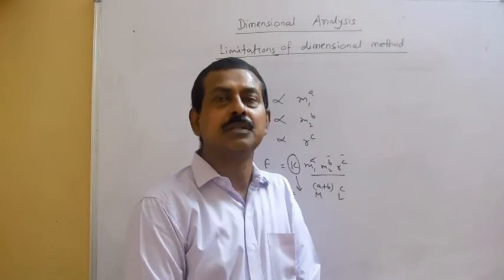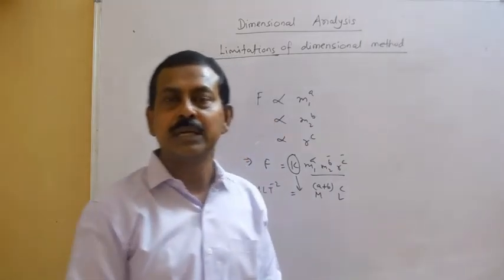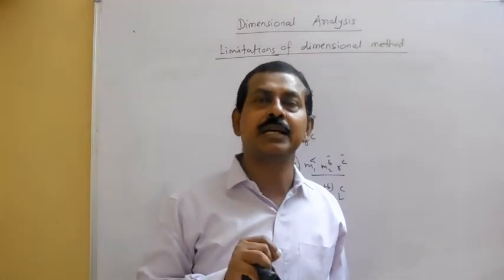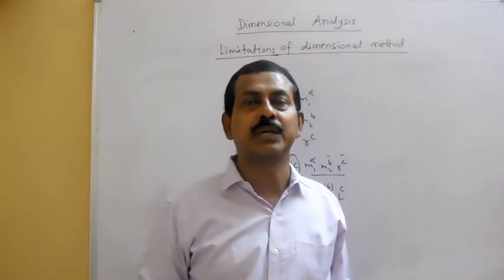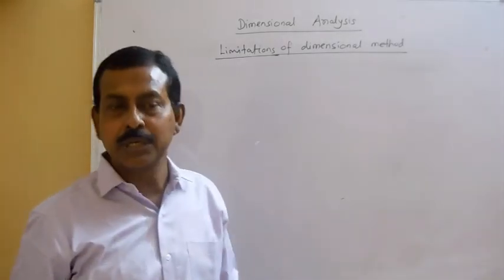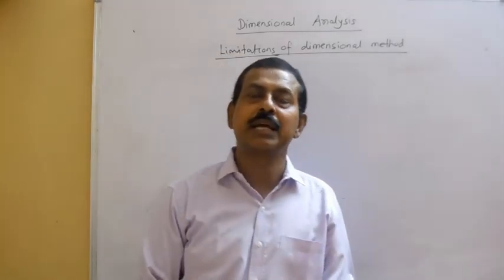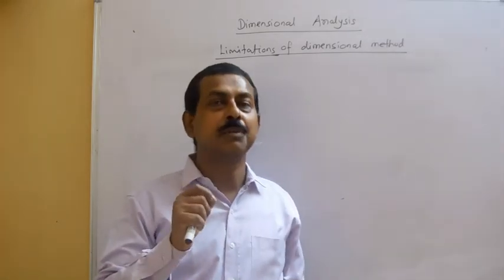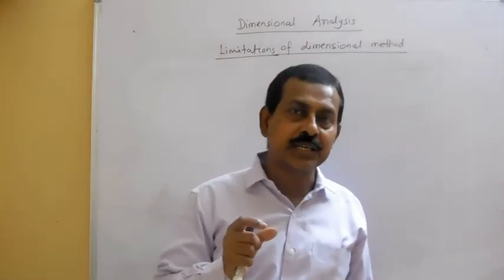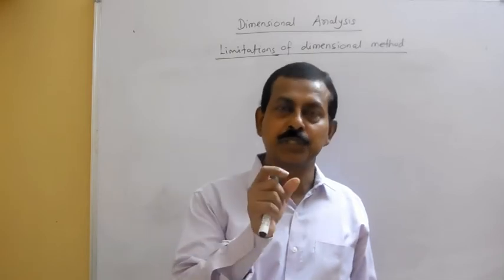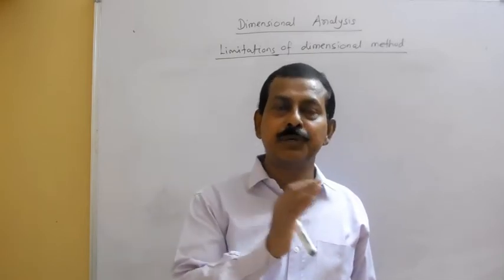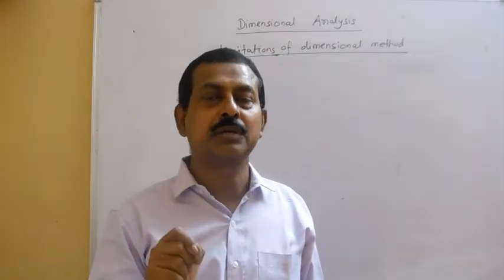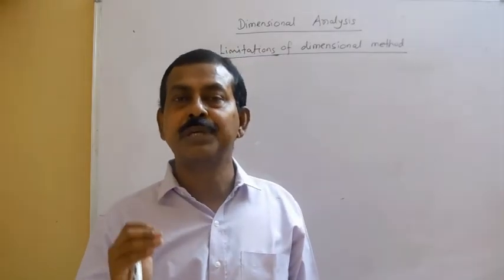So this is the fourth limitation of the dimensional method, that it can be used only if it involves a dimensionless constant, and then only we will be able to get the relation. The fifth limitation is that the dimensional method can be used only to get the functions or relations which are given by product functions or product relations. In that case, the different physical quantities which are involved must be related by a product function, not by a sum or difference of functions.